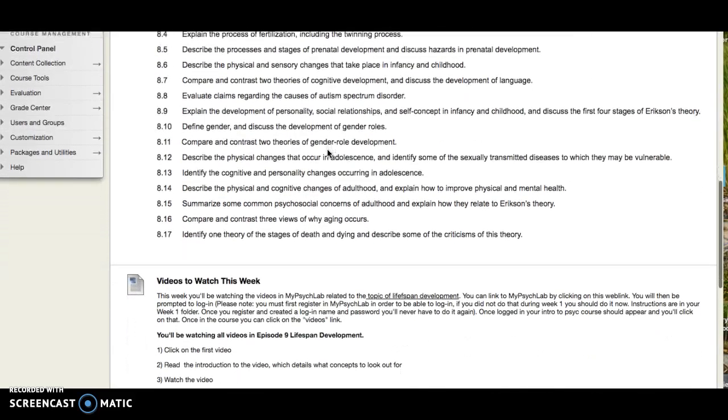And then from then on, it starts to get into some theories of cognitive development. So you're going to be looking at Piaget, who discusses cognitive development. We're going to be looking at Erik Erikson, who looks at psychosocial development, and then also a little bit of moral development from Kohlberg. Those are kind of like the 3 primary theorists, psychologists that we're going to be